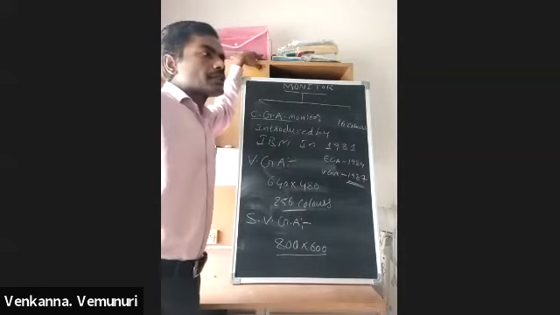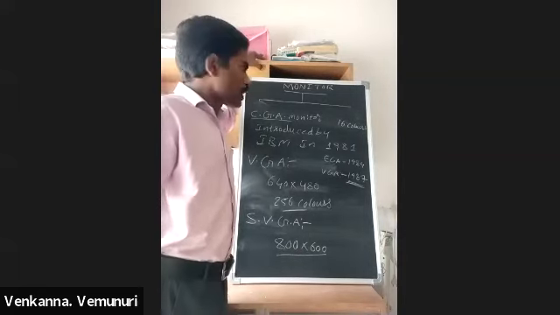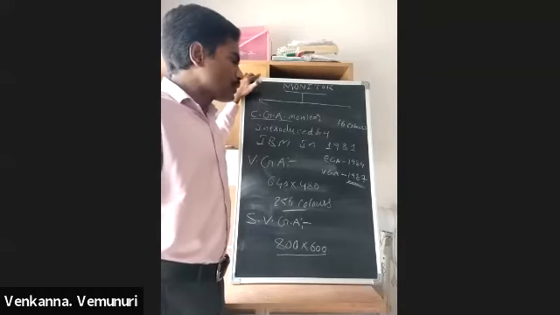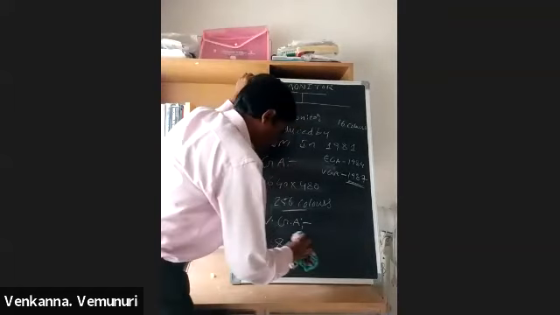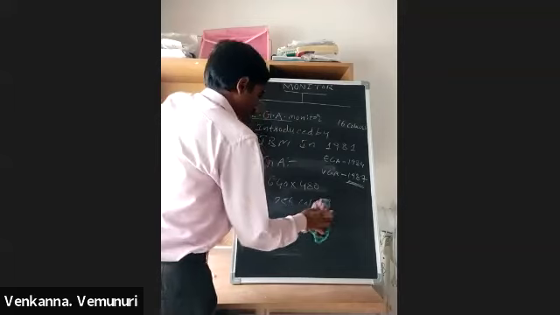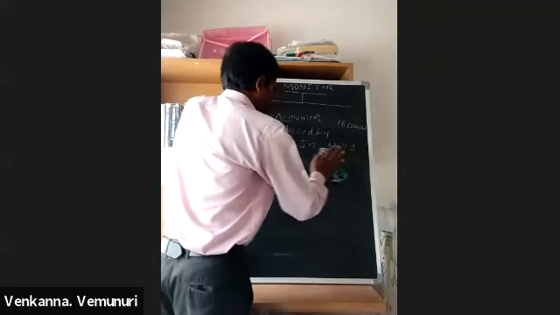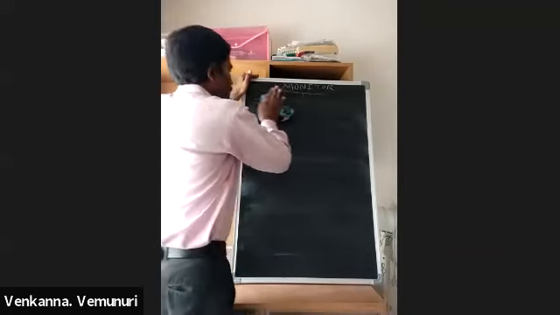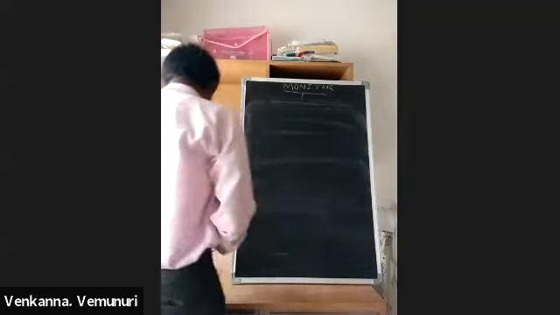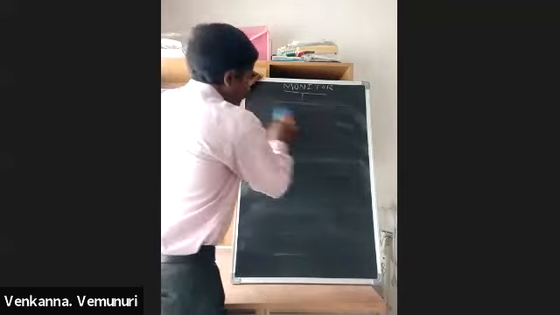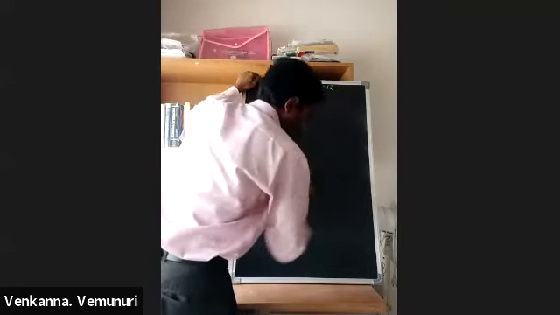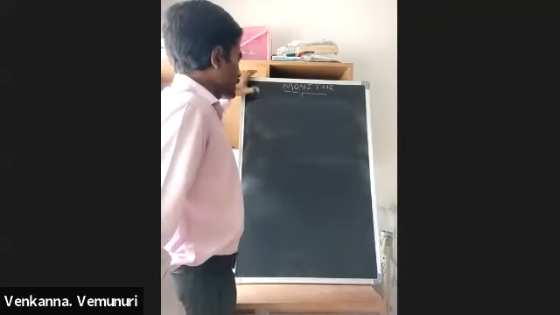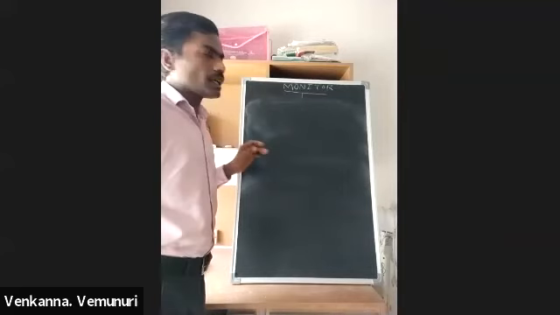Now we are discussing how this monitor works. Here we are saying CRT, cathode ray tube. First we are discussing this tube and how it works. Why are we calling this the CRT monitor? Another one is the LCD monitor. How does the LCD monitor work? How does this CRT monitor work? Now we are discussing. So CGA, EGA, VGA, SVGA, these are the common CRT monitors.